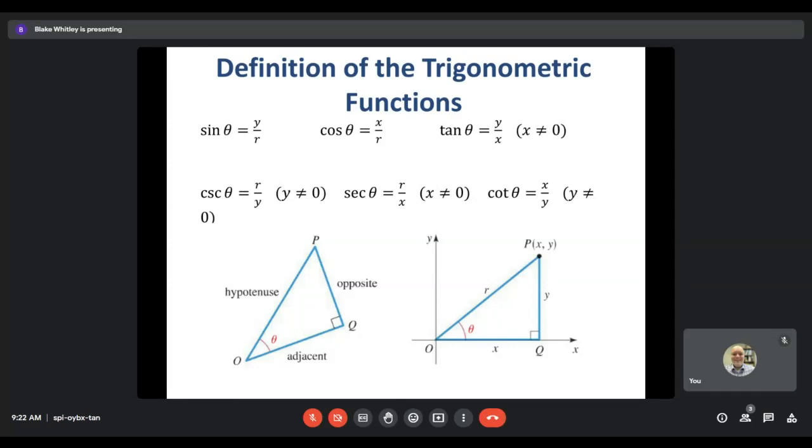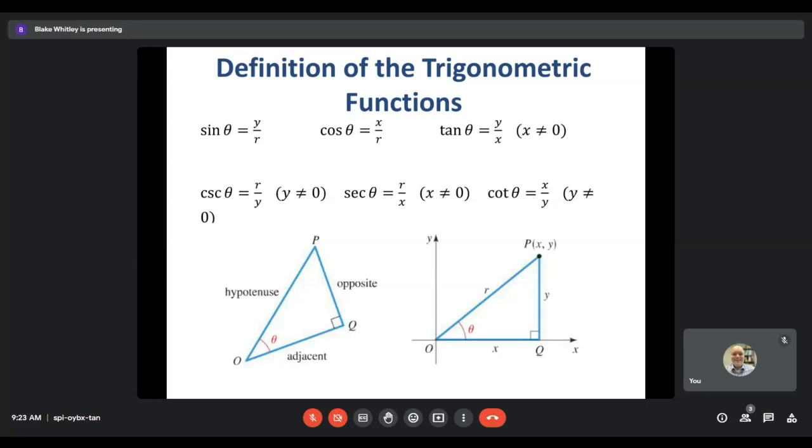If you see here, what we've basically done is taken a triangle that we're familiar with, with the opposite, the adjacent, and the hypotenuse sides listed. We've put it into that standard position so that now the opposite side is the y value in your coordinate plane. The adjacent side is like the x value in your coordinate plane. And then the hypotenuse becomes that r value, which is like a radius of a circle. You'll see that later as we start to look more at how this is all related,